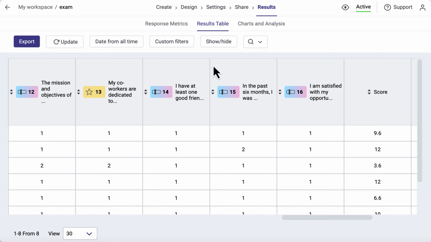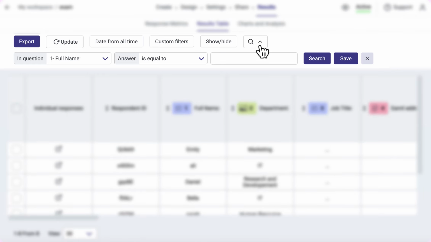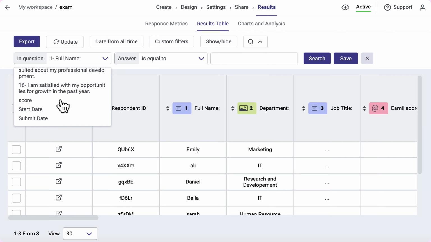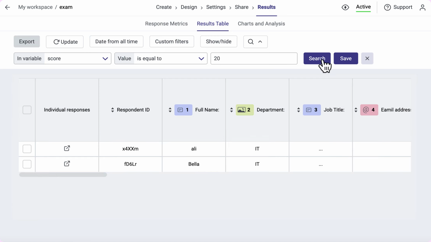Once the test is live and responses are submitted, you can download all results in Excel from the results table in the results phase. To filter responses, like finding all respondents who scored 20, click the search icon and set your filter criteria. In the Charts section, you'll also find aggregated visual reports for each question, helping you analyze test